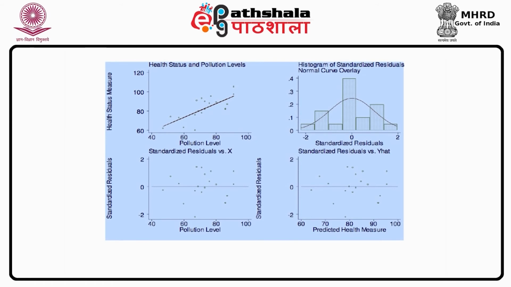And the same is seen in the fourth plot, which is the plot of standardized residuals against the predicted health measure or the fitted values. So all four of these plots tell us that the linear model is potentially the best fitted model from the first plot, and once we fit the model, we can check the assumptions that have been satisfied by looking at